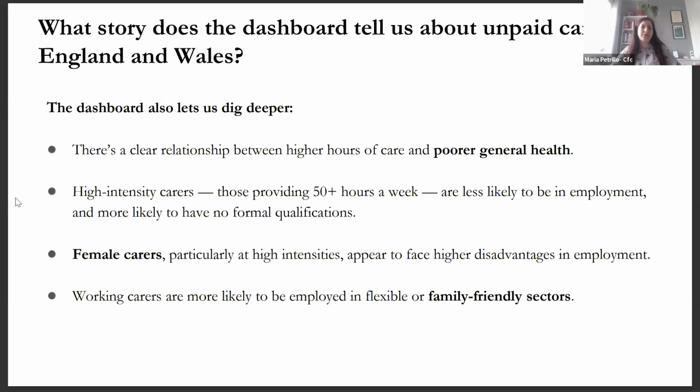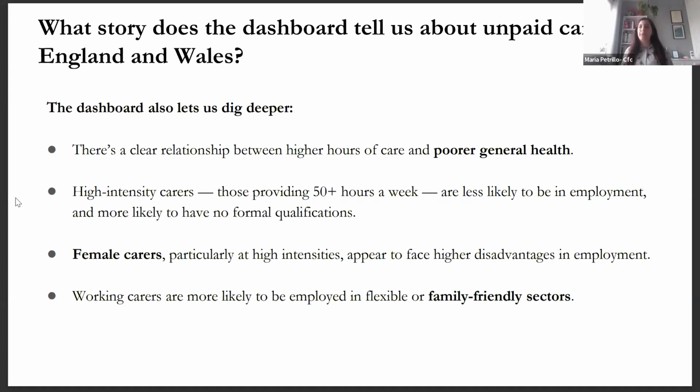But the dashboard allows us to dig a little bit deeper. For example, through the dashboard, we can see a clear relationship between higher hours of care provided and general health, in the sense that the more hours of care are provided per week, the worse is the general health reported by individuals. Another relationship captured by the dashboard is that high-intensity carers, which we define as those providing more than 50 hours per week of care, are less likely to be employed and more likely to have no formal qualification.